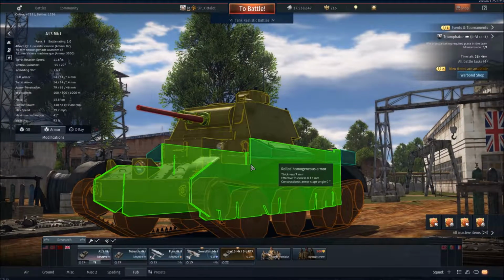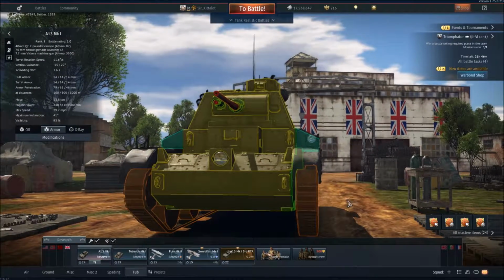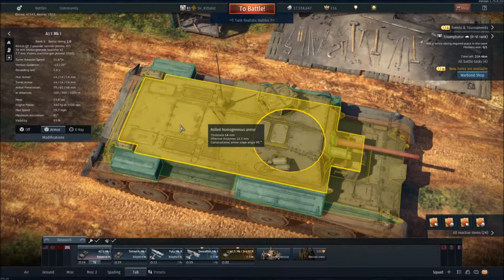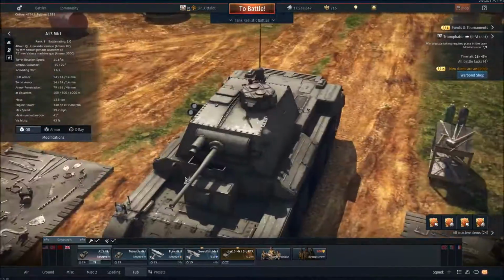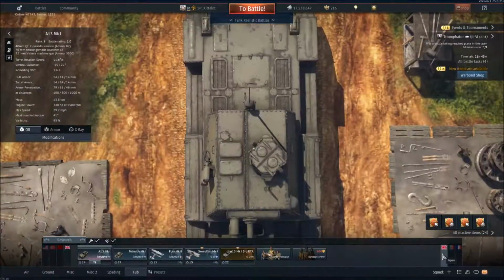It'll stop a rifle caliber machine gun bullet. It won't stop much else, maybe a 50 cal at long range. Any sort of anti-tank weapon will go straight through this thing. At any sort of range, really. So, yeah, rely on your speed. Speaking of speed,